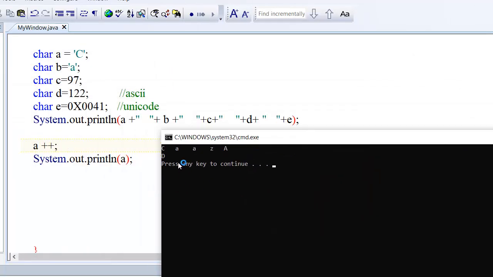See how I am getting the result here. We are getting D. We had taken character A equal to C, but after the plus, it became D. It means it increased to the next character D. It means I can perform arithmetical operations like plus, minus, multiplication, division.